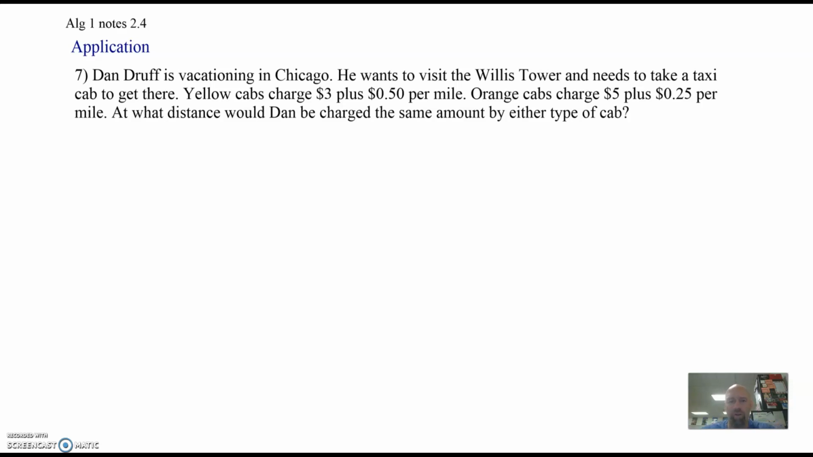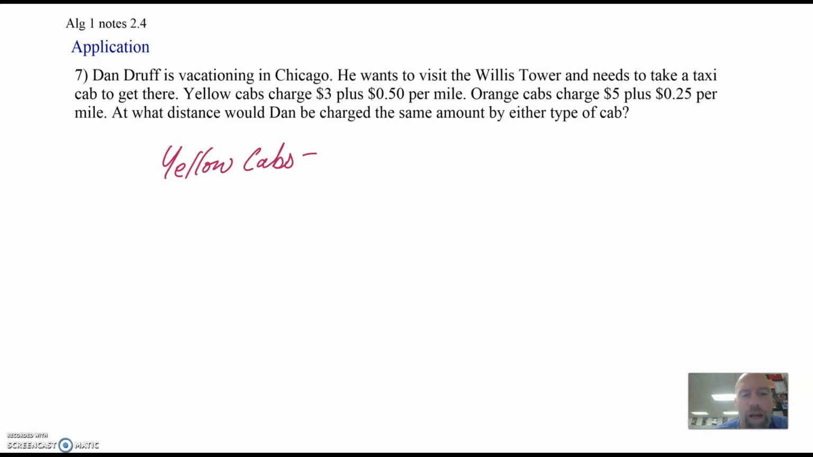This is one of your overarching standards in Algebra 1 too, by the way: you need to be able to take a real life situation and write an algebraic expression or an algebraic equation from it. So this is going to be something that we do quite a bit in Algebra 1, just so that you're aware. All right, so for yellow cabs,